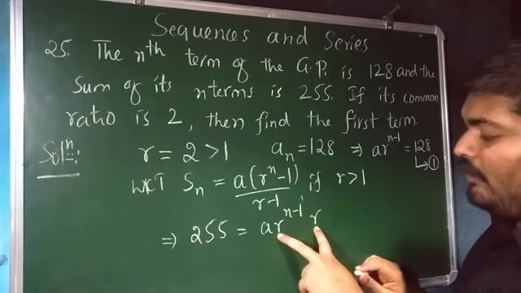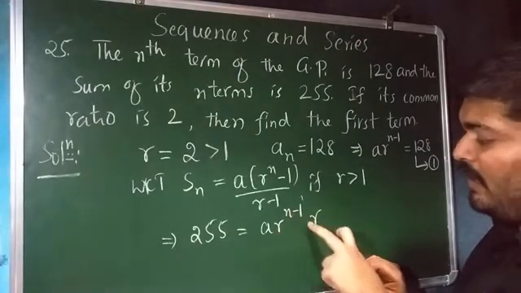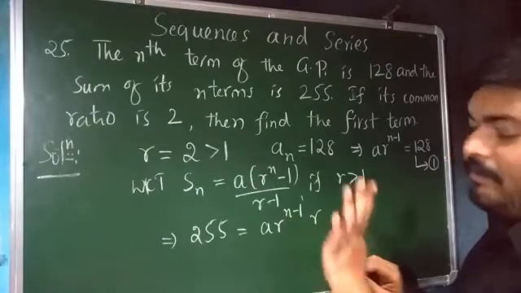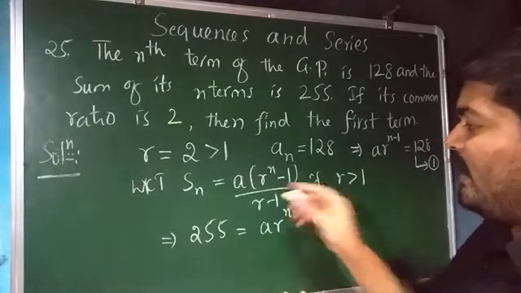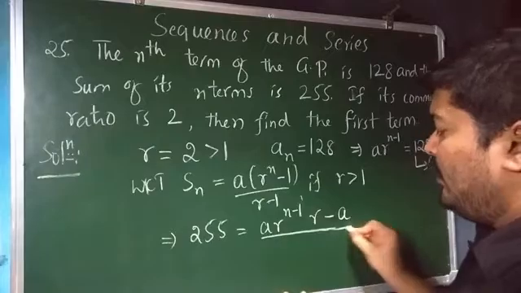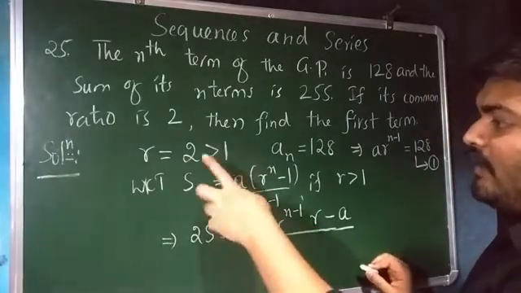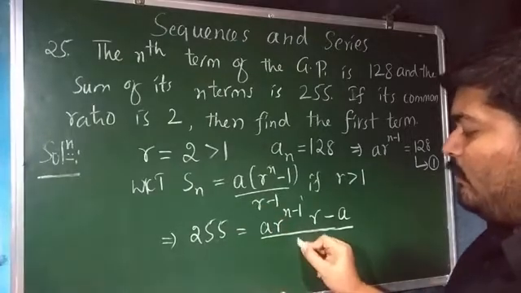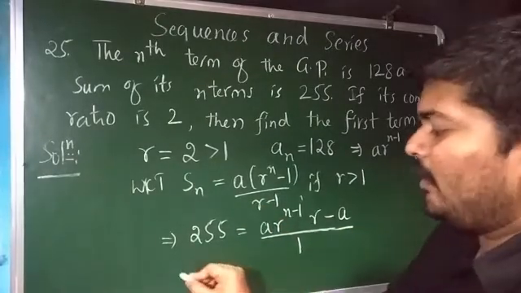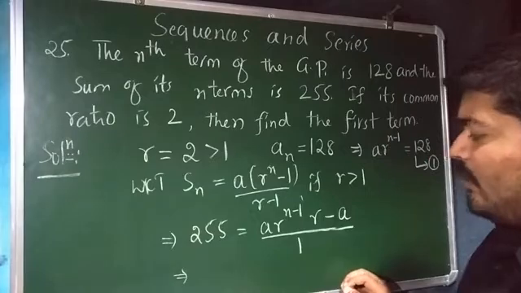Here your task is to utilize the law of indices, r power n minus 1 into r, that is r power n, minus a, keep as it is, we don't know. See here I have multiplied the terms inside, that's it. The r value is equal to 2, so 2 minus 1 is equal to 1. I hope all of you are following the things up to here.